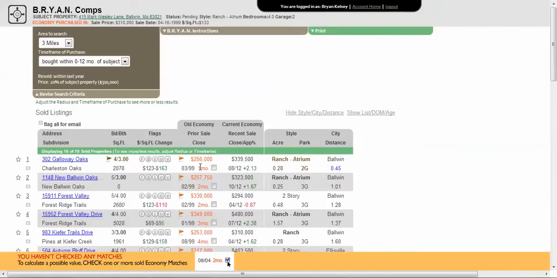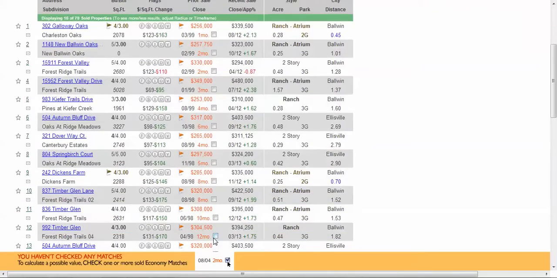The subject was purchased for around $300,000, and what we found is other properties within 20% of the purchase price of the subject. Now, if you think these price points are too far away from the subject, remember they paid around $310 to be specific. If you think these property values are too far apart to be comps, then just don't use them in your analysis. All we're trying to do is look for properties that were purchased around the same radius, the same year, for about the same dollar amount, and we want to see what type of movement in the economy there